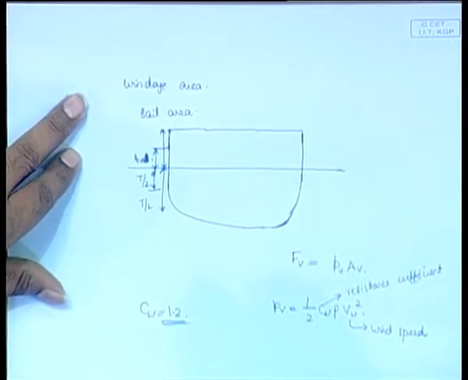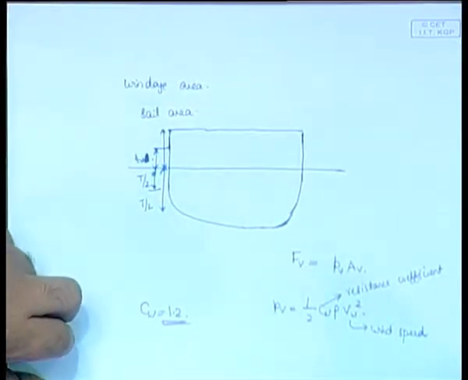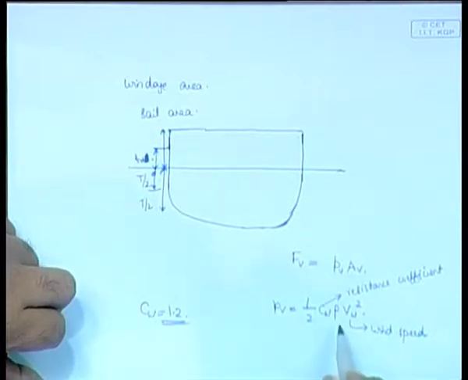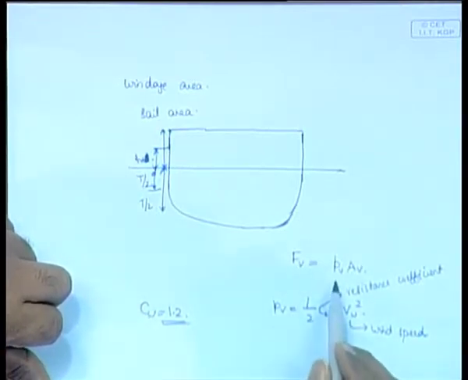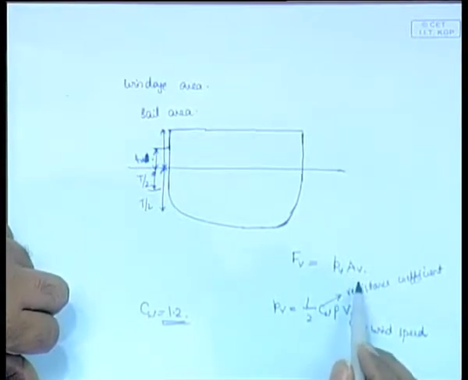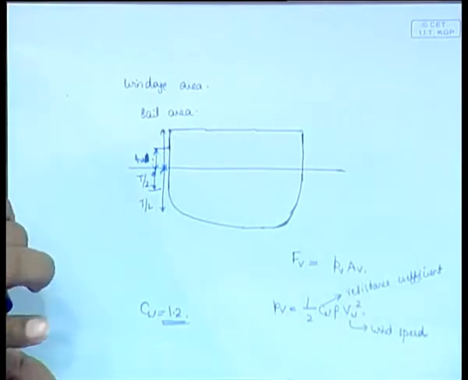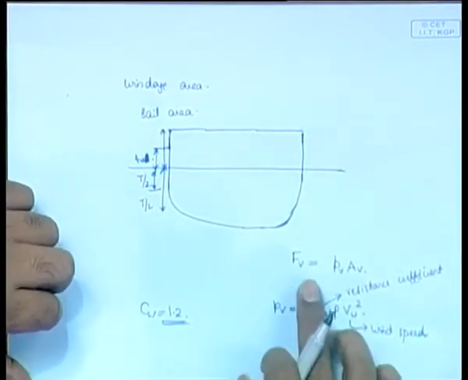Okay. So, air is 1 kilogram per meter cube into V. V is the velocity of wind or the speed of wind. It is usually in the range of probably 5 or 6 meter per second. So, this gives you Pv, the pressure, and Pv when multiplied with A, that is the sail area, gives you the total force due to the wind. Okay. Then